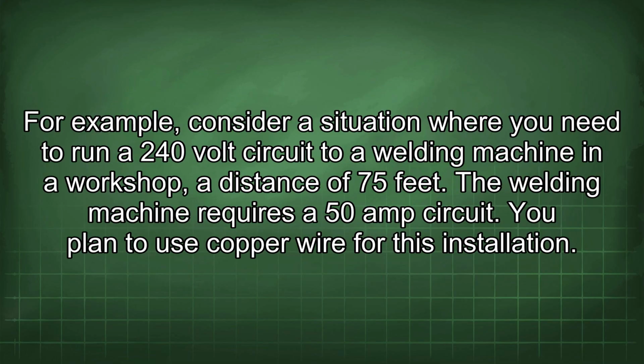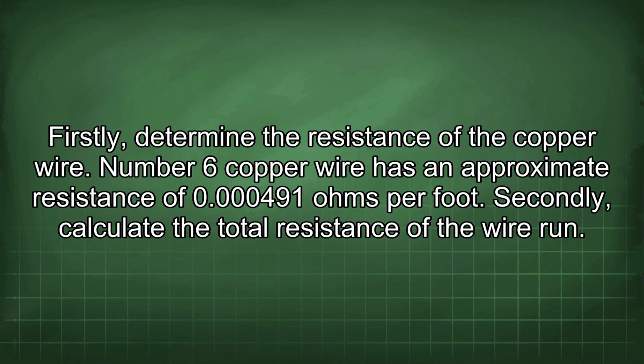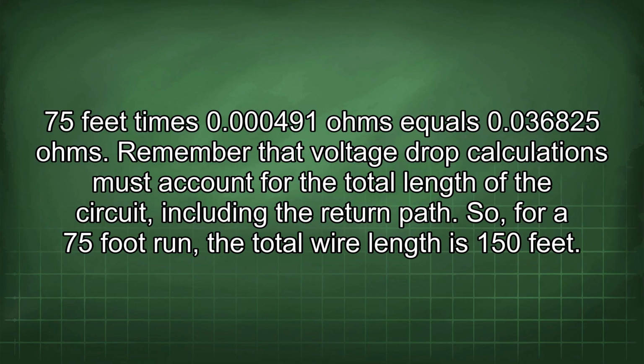For example, consider a situation where you need to run a 240-volt circuit to a welding machine in a workshop, a distance of 75 feet. The welding machine requires a 50-amp circuit. You plan to use copper wire for this installation. Firstly, determine the resistance of the copper wire. Number 6 copper wire has an approximate resistance of 0.491 ohms per foot. Secondly, calculate the total resistance of the wire run. 75 feet times 0.491 ohms equals